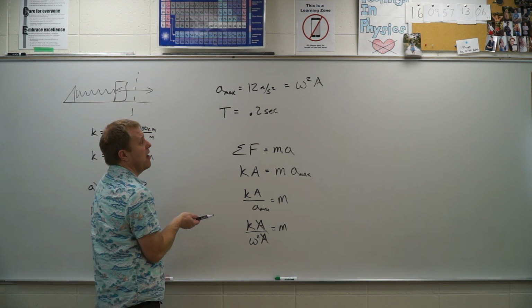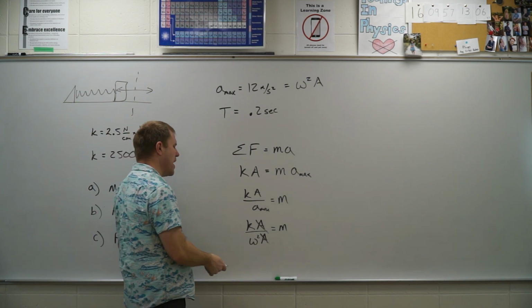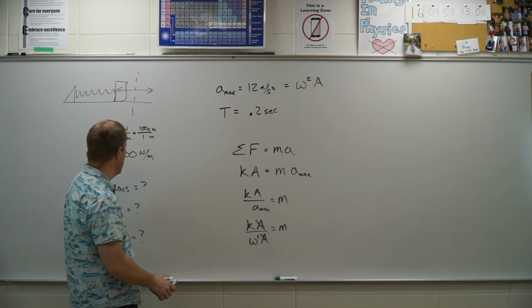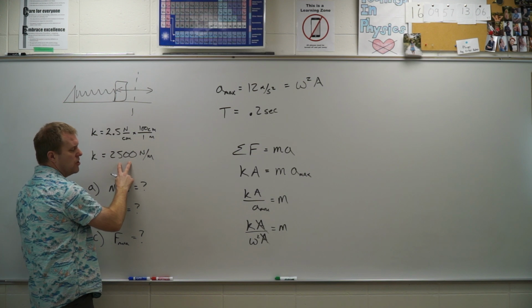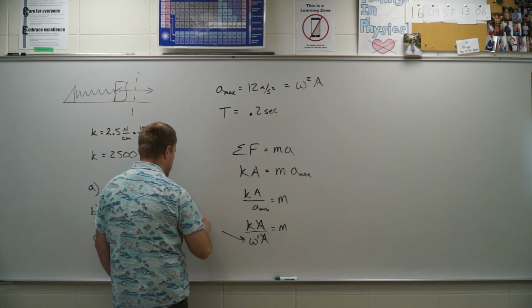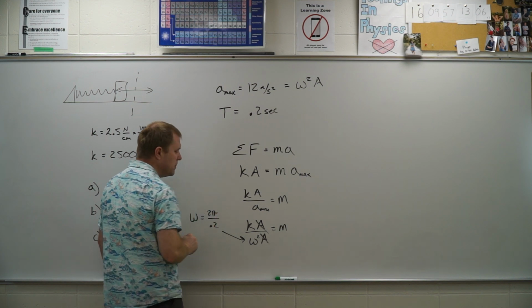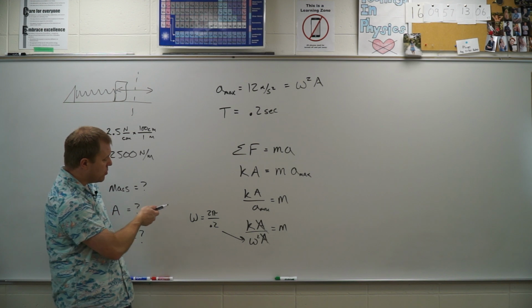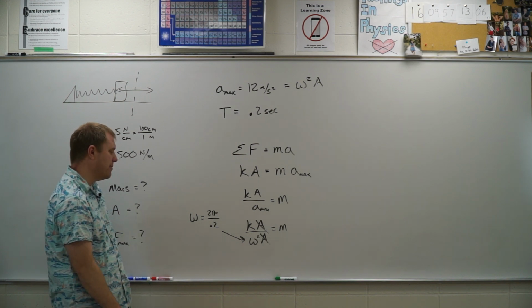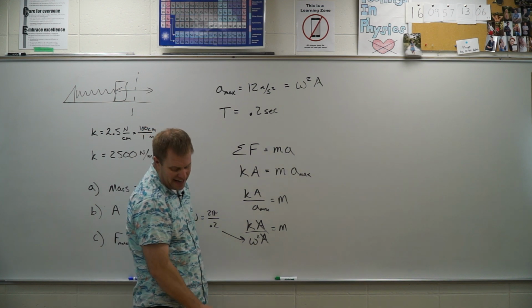I easily could calculate it, but I don't need it yet. So for part A, I just need the spring constant, which I converted to newtons per meter, divided by omega squared. My omega is 2 pi divided by the period, which was 0.2. So plugging in 2500 divided by (2 pi divided by 0.2) quantity squared,